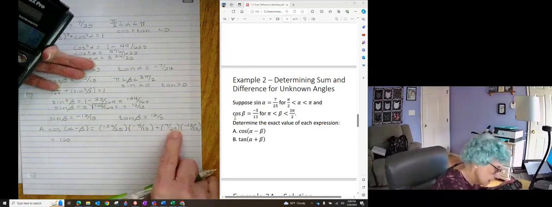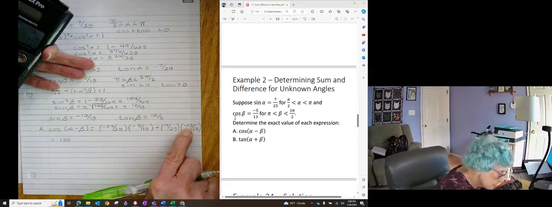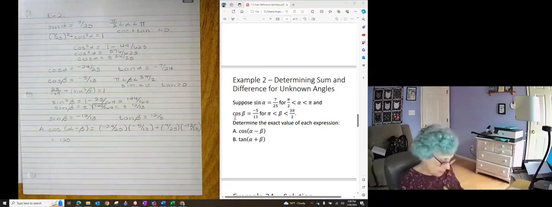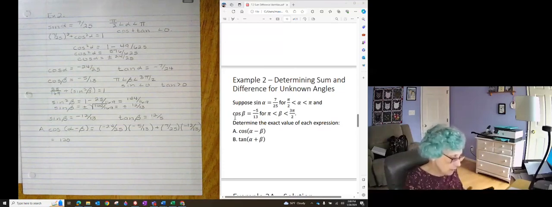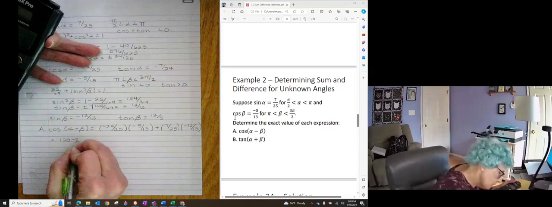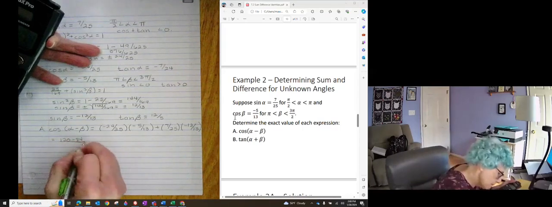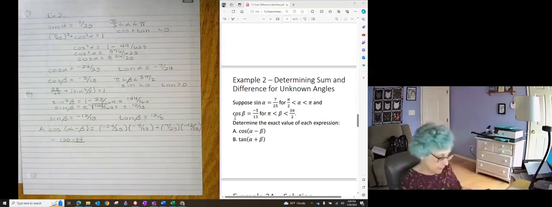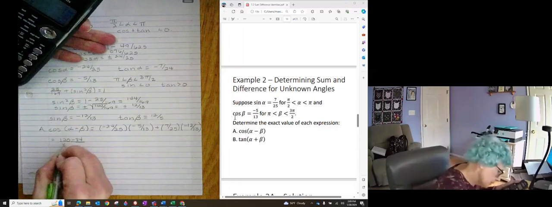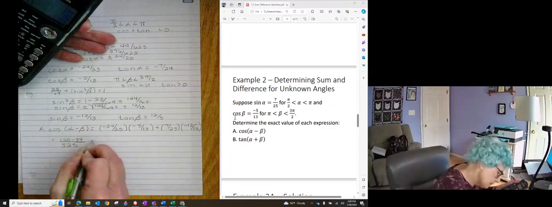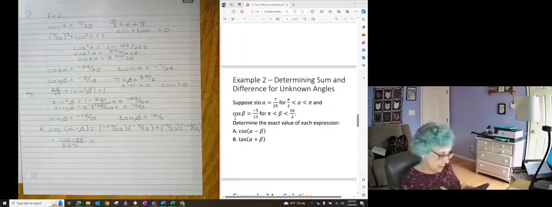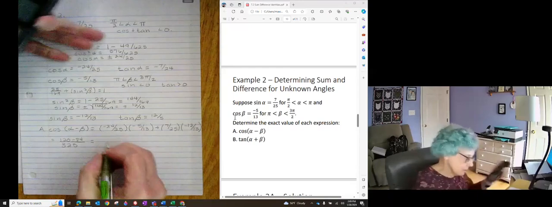Negative times a negative gives me a positive. This one's going to be negative, so negative 12 times 7 gives me minus 84, on top of 25 times 13, which is 325. 120 minus 84, 36